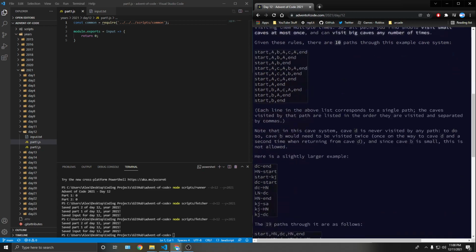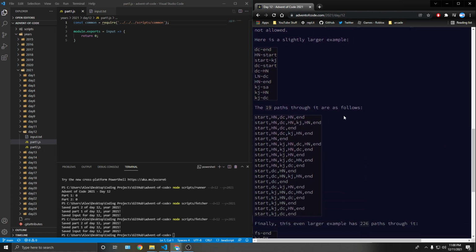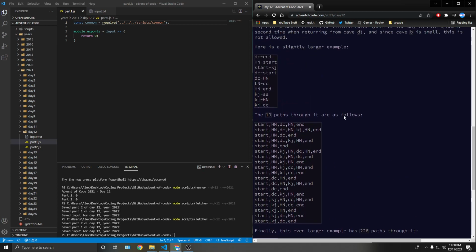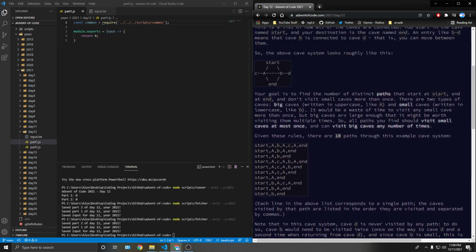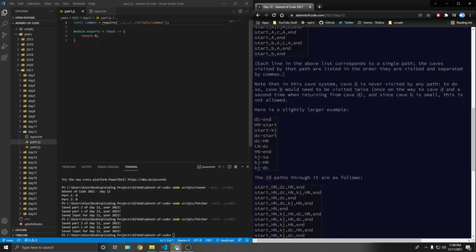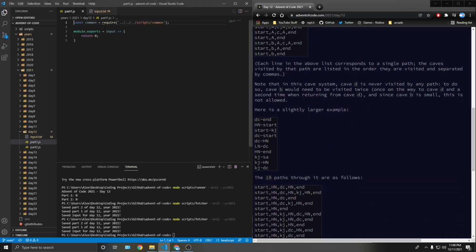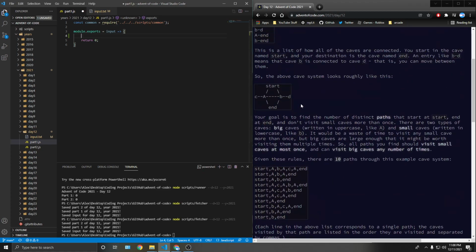Okay. It's cave. Okay, so it wants us to tell how many caves there are. So the first thing we need to do is we need to parse it. So, is there multiple ways? Yeah, so